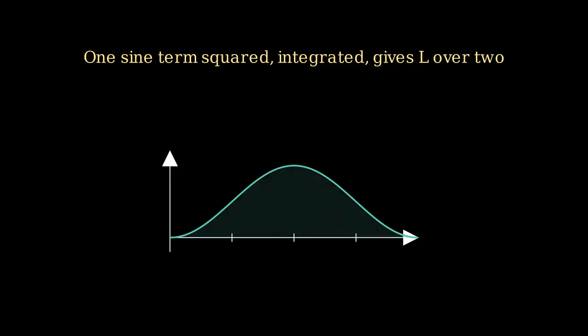Here is the second key fact, in words first. When you multiply one sine term by itself and integrate the square over the domain, the result is L divided by 2. Written out, integral from 0 to L of sine of n pi x over L squared dx equals